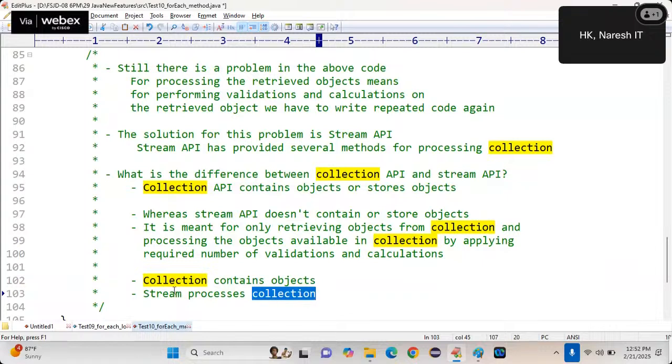So how is the stream working? First of all, what is a stream? Why stream? How to create a stream? What are the different operations you can perform on a stream? What are the methods available in the stream? So this is totally a 3 hours session. Now tomorrow I want to conduct this session. Is it clear?